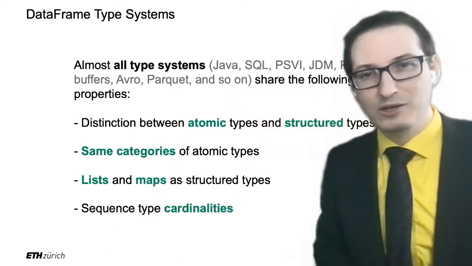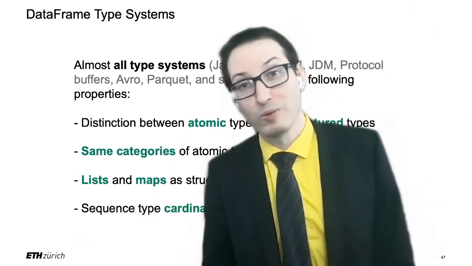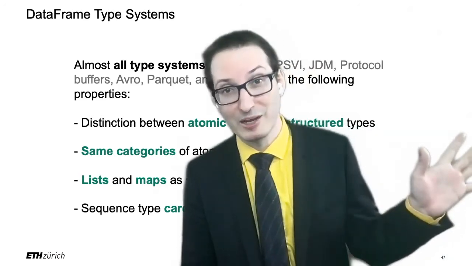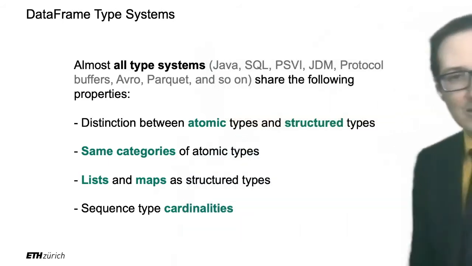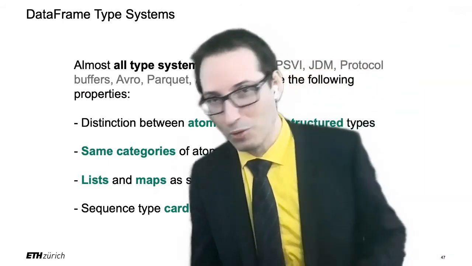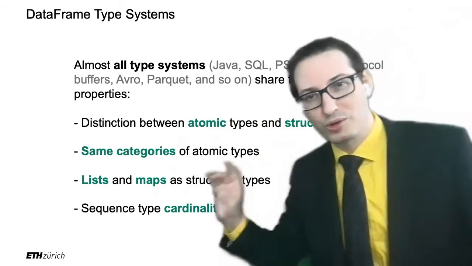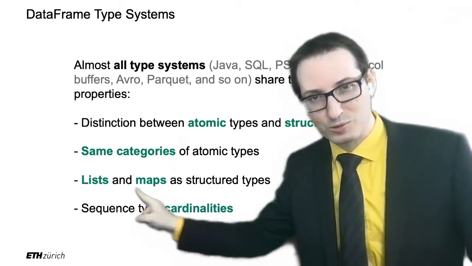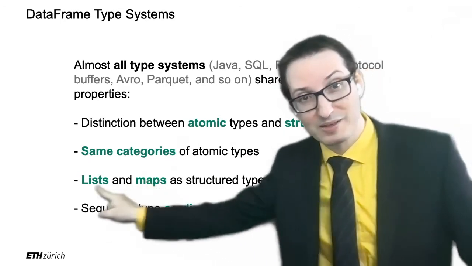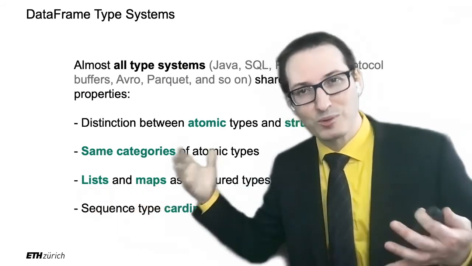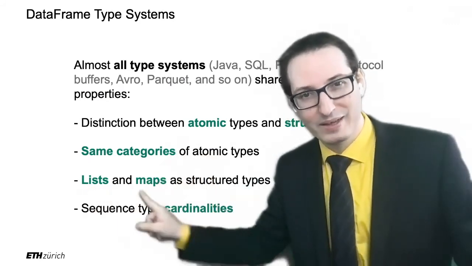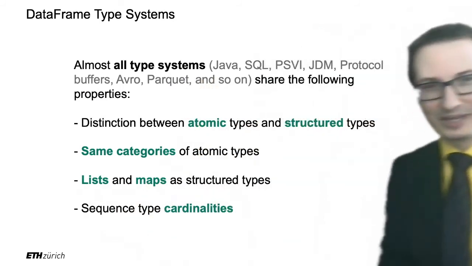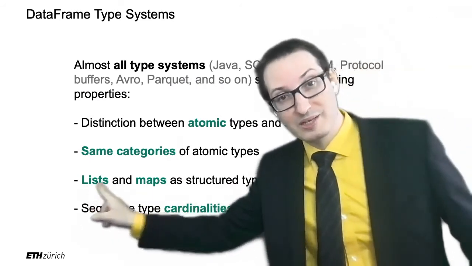Second, the categories of atomic types are more or less always the same. I'll go through them as a journey, but you'll find the same things in any language. There are minor differences, but it's really the same. So this is why we say, if you've learned a language, you've learned them all. It's really easy. Then the structured types are very often lists and maps. This is the key-value model: the maps are the JSON objects, and the lists are the JSON arrays. The abstract name for JSON object and JSON array is map and list. That's the theoretical computer science way of calling them. But it's almost always lists and maps.